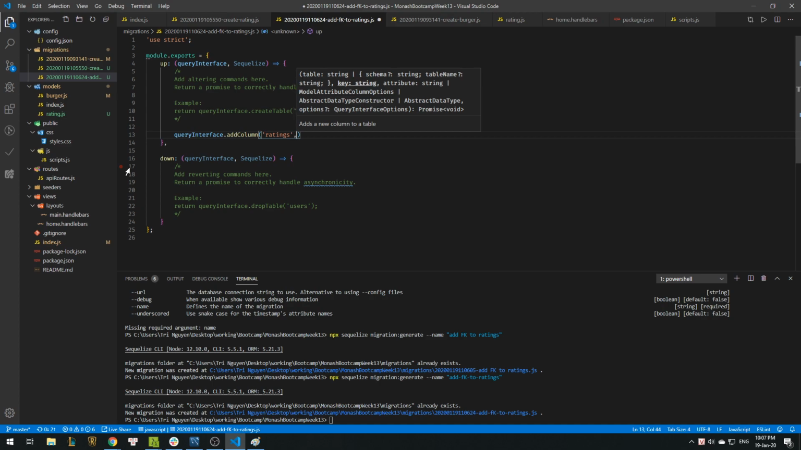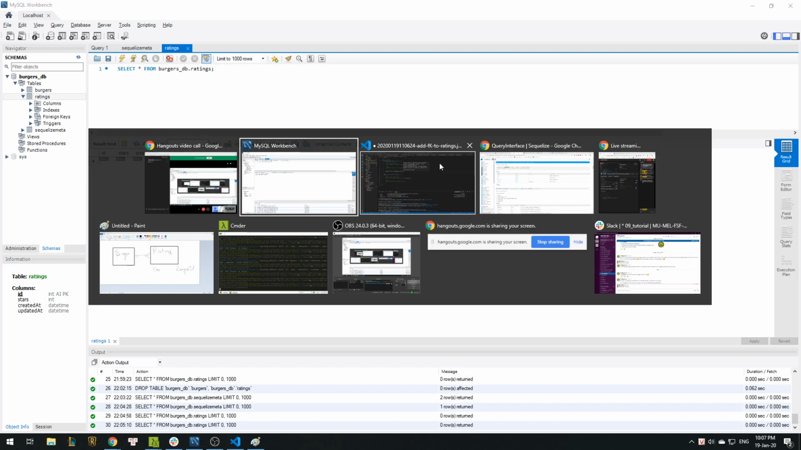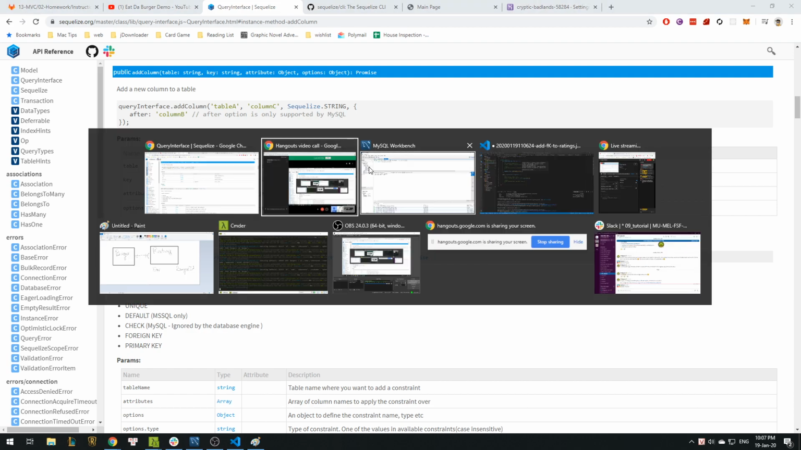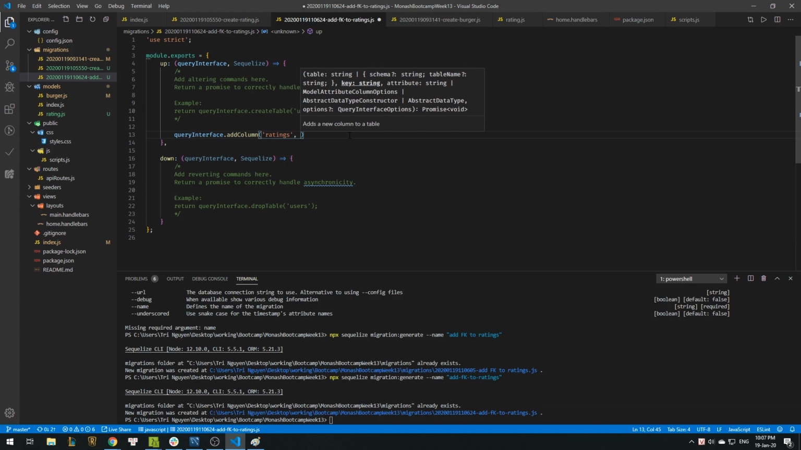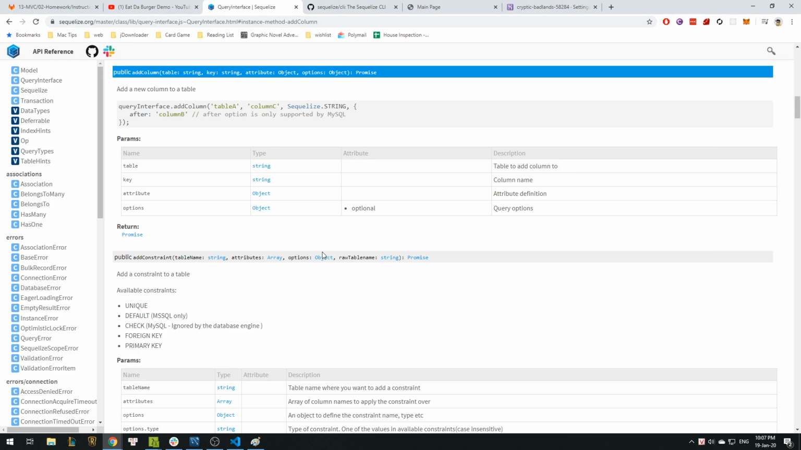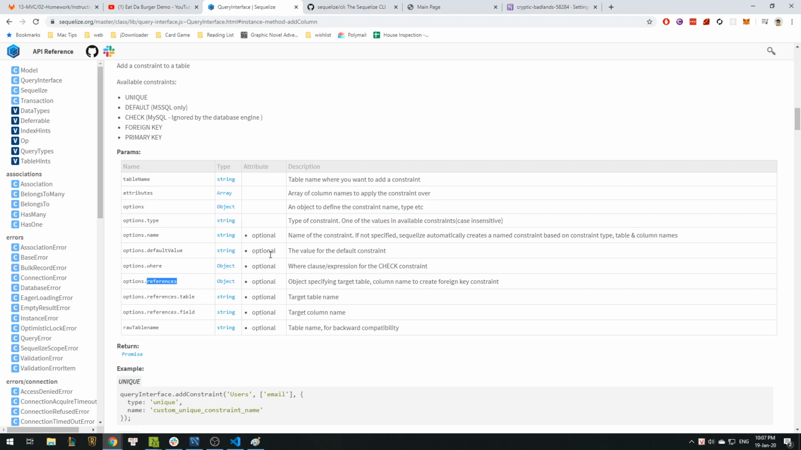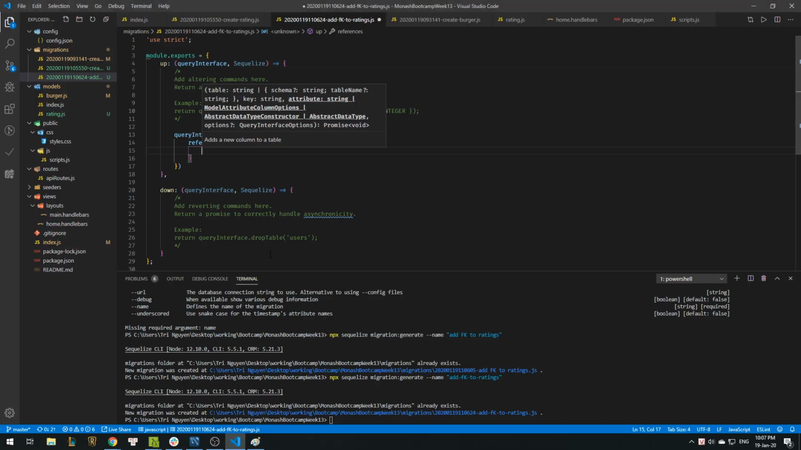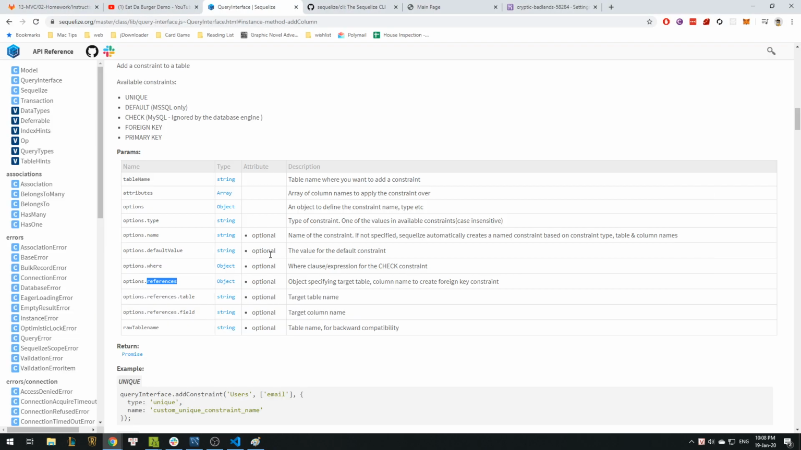But do I need to add S? I would guess I need to add S. Okay. Rating. The column name is burger ID. And that's the attribute, right? So the attribute is where you reference to. So reference to the table burgers, and the column, the field,